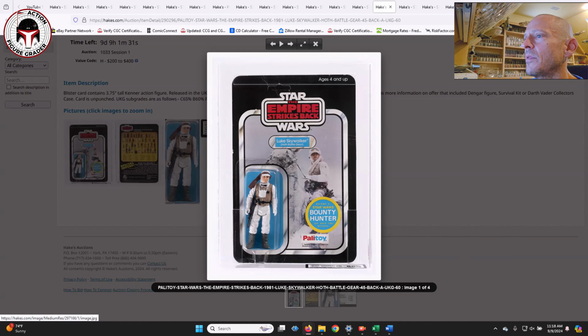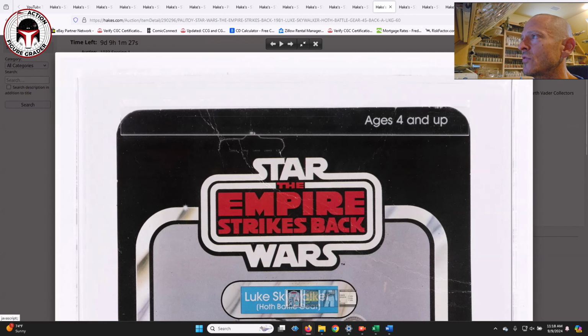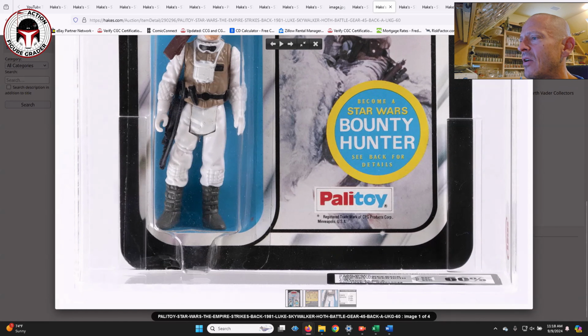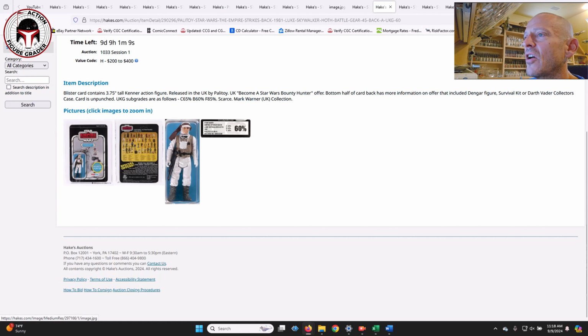I would assume that the blister maybe has a crack in it. I don't see any other obvious issues for the blister. Let's see if we can take a closer look here. I don't see any cracks. Maybe down there, yeah. By the stem, there is a crack by the blister, which, if you're going to have a cracked blister, that's a good spot to get it because it'll probably be okay in transit. But, and it also got a